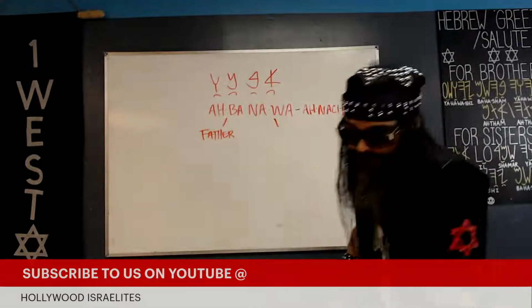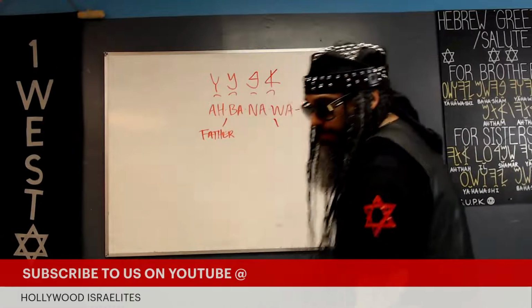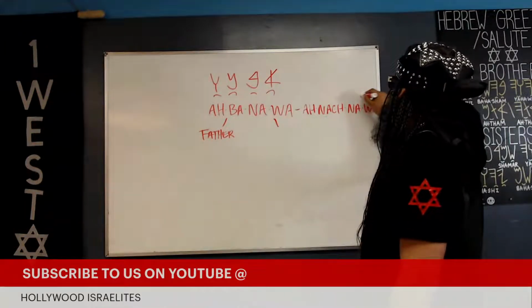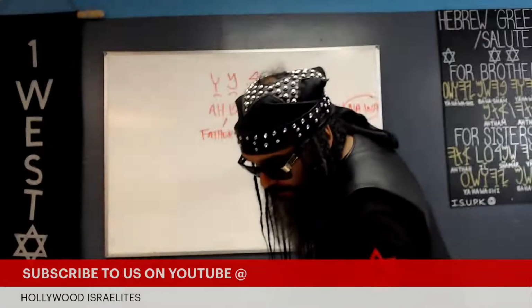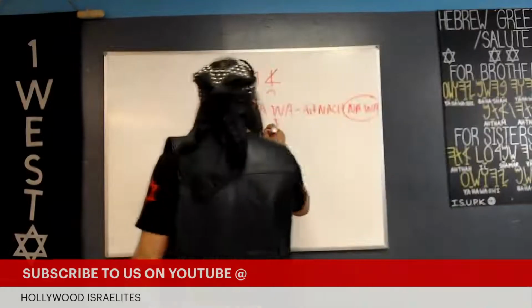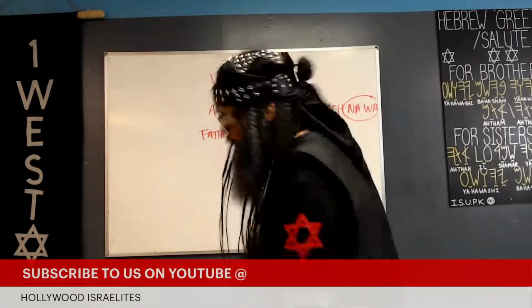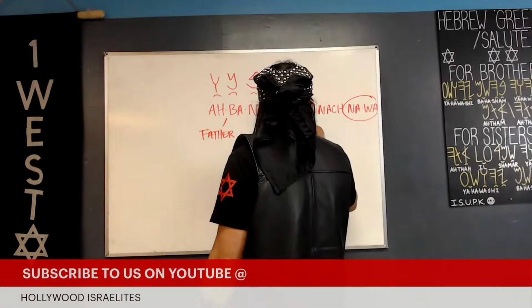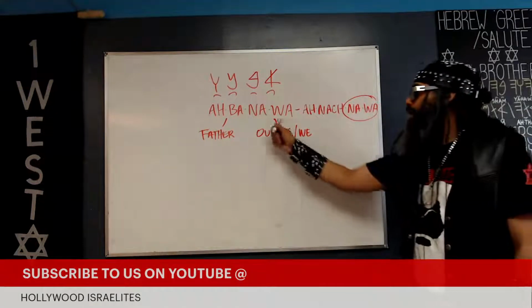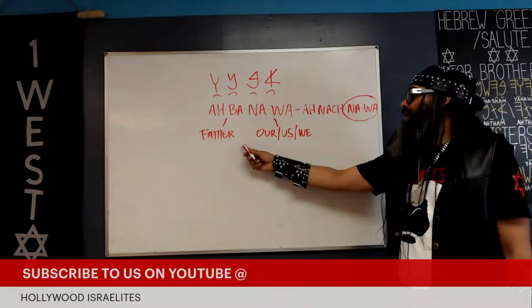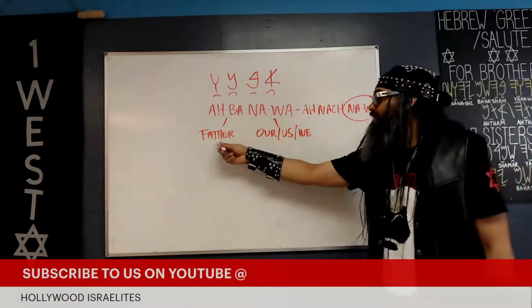Anak Nawa, right? Anak Nawa. But we only use the Nawa, which means our, us, or we. Abanawa, right? So the way you would say it in the Hebrew is Abanawa, but in the English it'll say